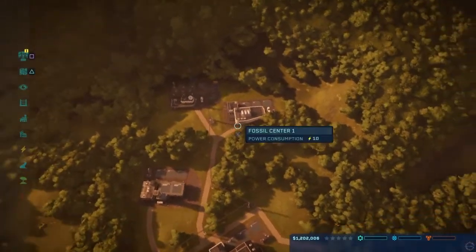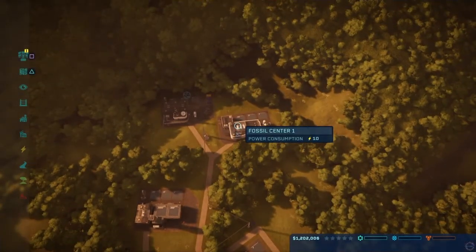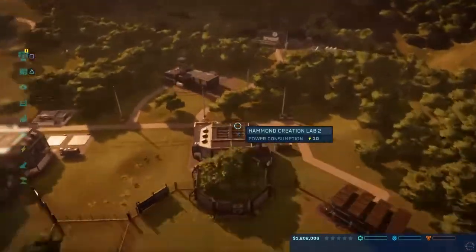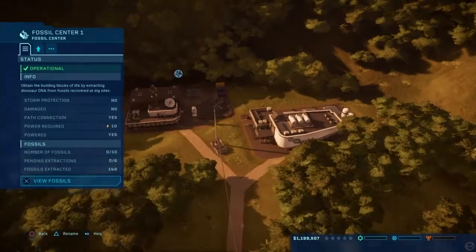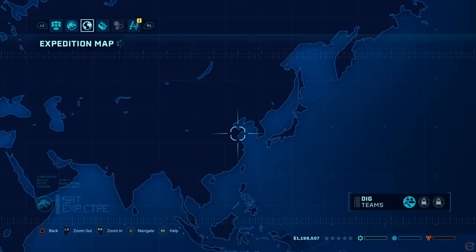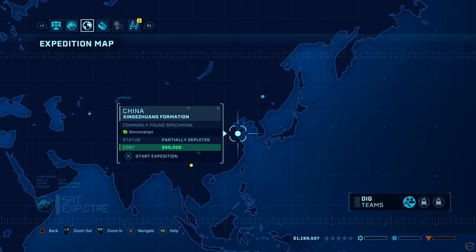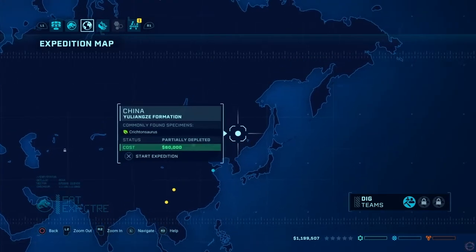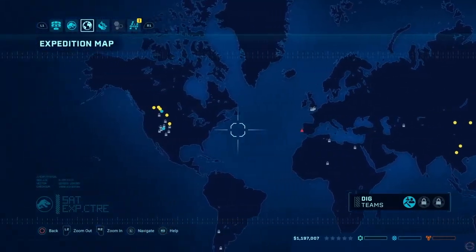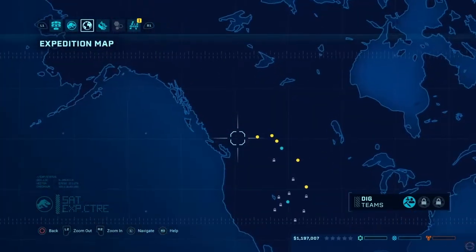Okay. So those are both good. Let's see. Let's take a look at what we can actually find in this new island. Okay, those are already done. I got that 100%. So the yellows are the new ones. Let's take a look. We got